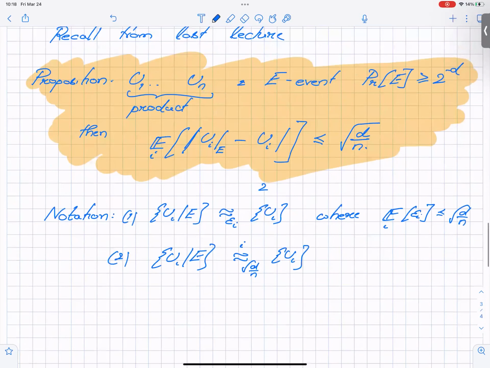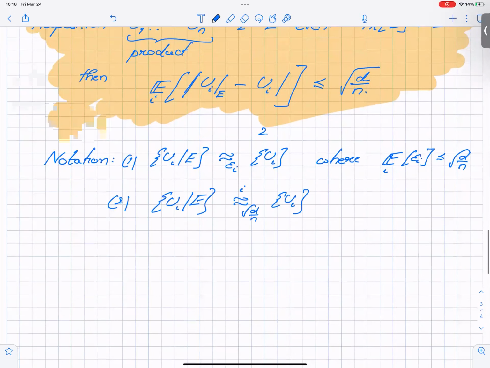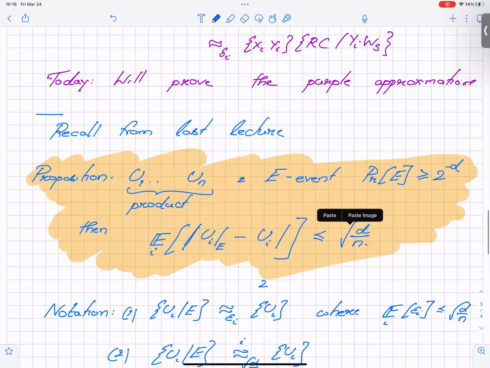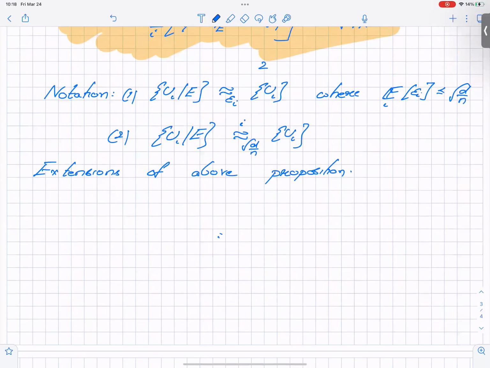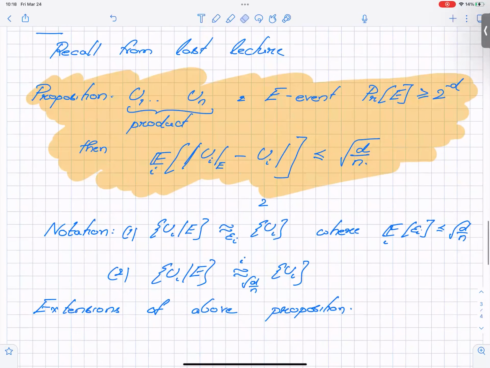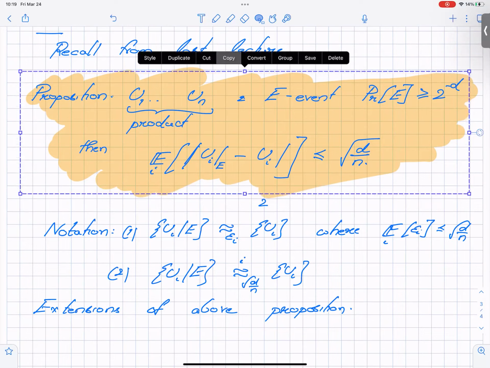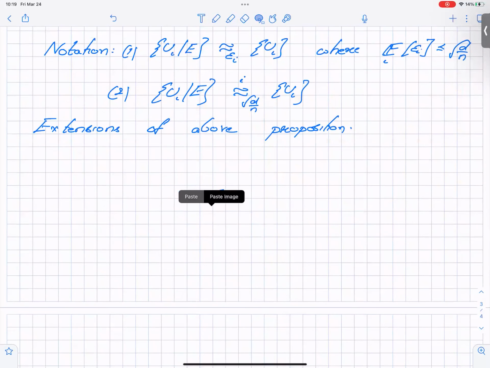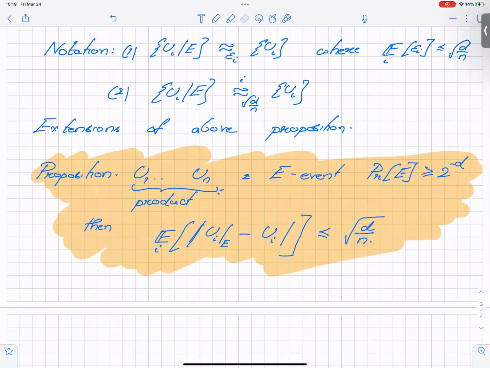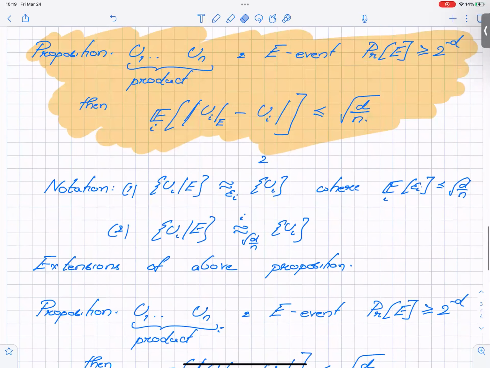I want to see two extensions of this inequality, and I'll state them without proof, and they should be almost obvious extensions of the above proposition. First extension which I will be talking about